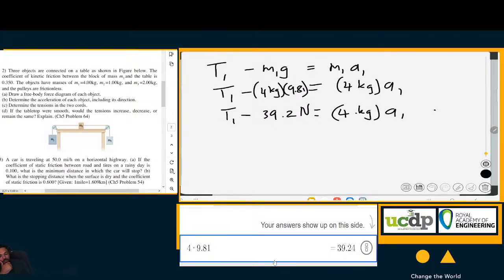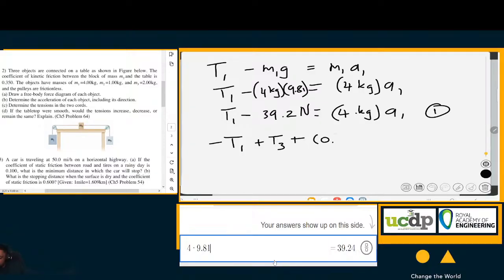That is equation number 1. Now for equation number 2, we had the tension negative T1, and then we had the force of friction positive, and we also have T2, T3 rather, positive, and then the force of friction, which is just